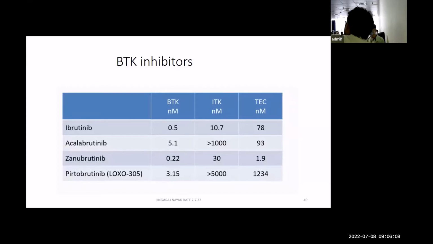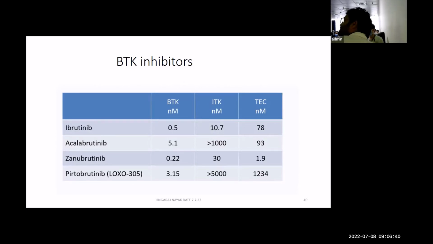So these are all off target. We don't need activity on those kinases. We need targeted activity on BTK. If you have activity on ITK and TEC, you will have toxicities, and that's what we see in ibrutinib complications, right? These values are IC50s for that receptor. You can see the IC50s are quite high for ITK and TEC, which is good. So as you go to higher generation BTK inhibitors, their selectivity for BTK is very good, and the off-target activities are less.